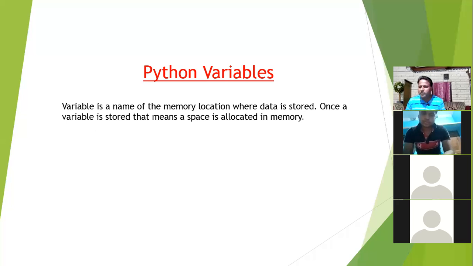So what is the requirement of a variable in your program? In earlier days, when computers came to the market, at that time the variable concept was not there. If we talk about first generation computers, if you want to add two numbers, 2 plus 3, it will give the result 5. But if you gave that instruction to the computer, it would take 3 to 4 days, or maybe 1 day, to give a simple output for 2 plus 3.